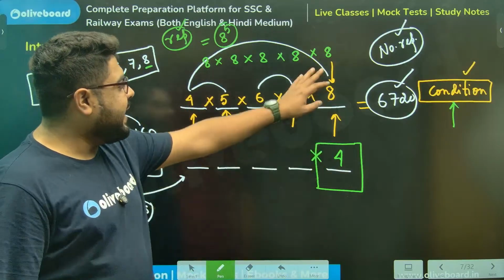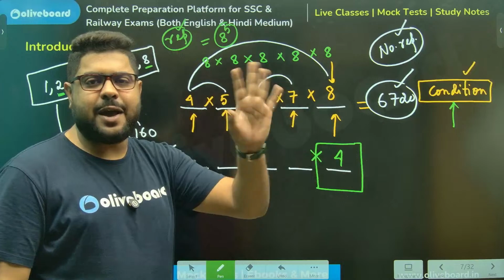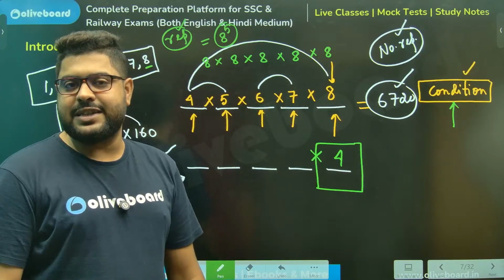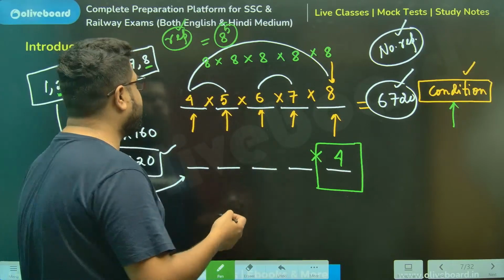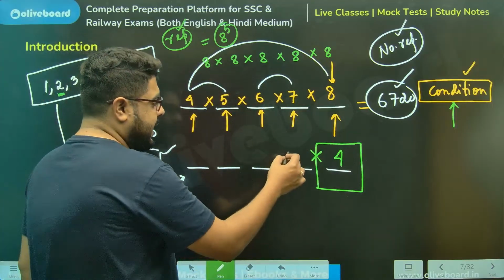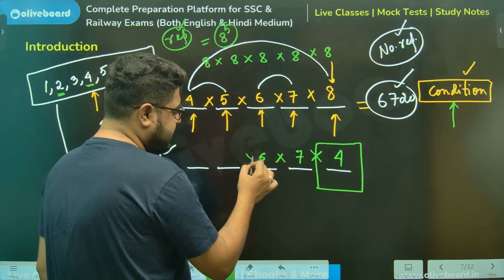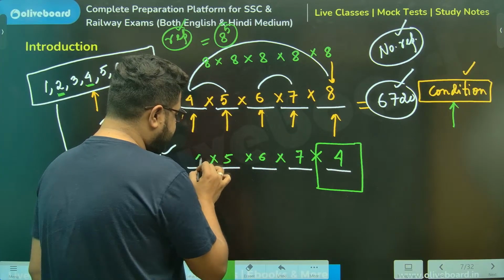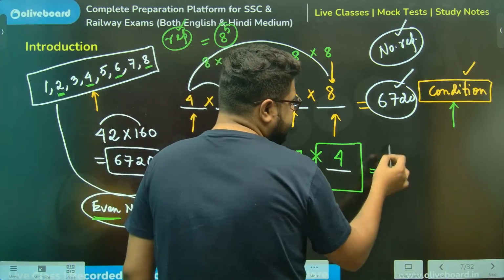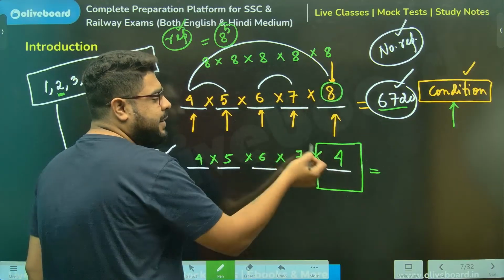Because there were 8 choices, now we have 4. So now the rest of the stuff hasn't really changed. Out of 8 numbers, I have put one number here. Next, I can put any of the 7 numbers, any of the 6, any of the 5, any of the 4. So ultimately, my answer will be this divided by 2, because everything was the same, only 8 became 4.